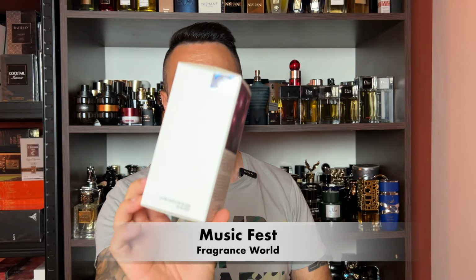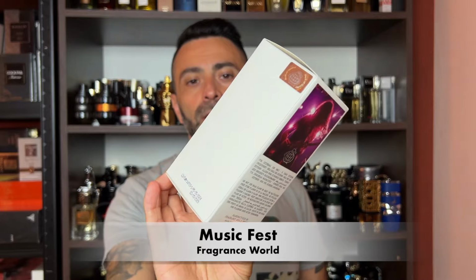This one is cloning Jazz Club from Maison Margiela. The fragrance comes packaged in this white colored box with some silver, red and black accents. On the front you got the name of the fragrance, you get the bottle size, 100 milliliters, the concentration, EDP. On the side there's a production date which is May of 2024, some additional Fragrance World branding. On the back you get this photo of a guitar player,